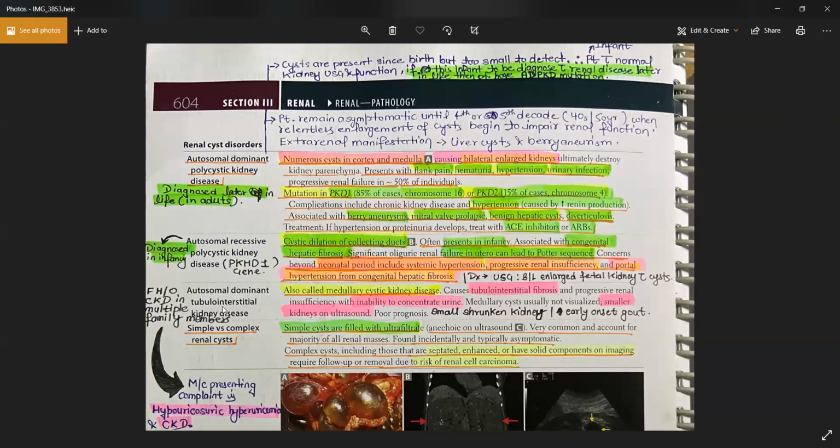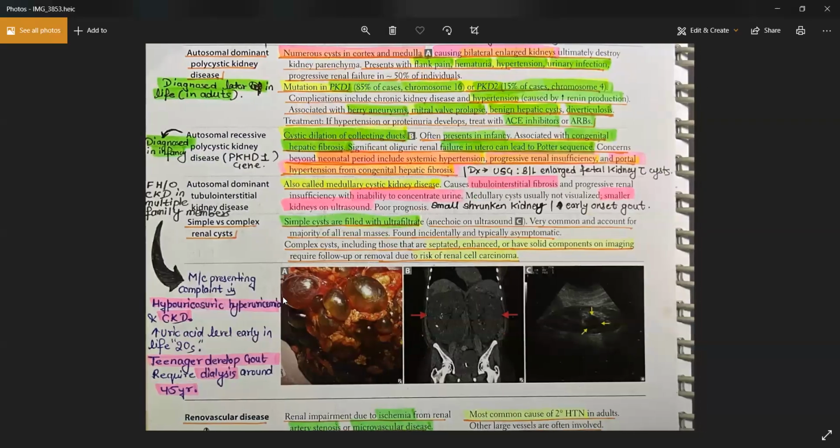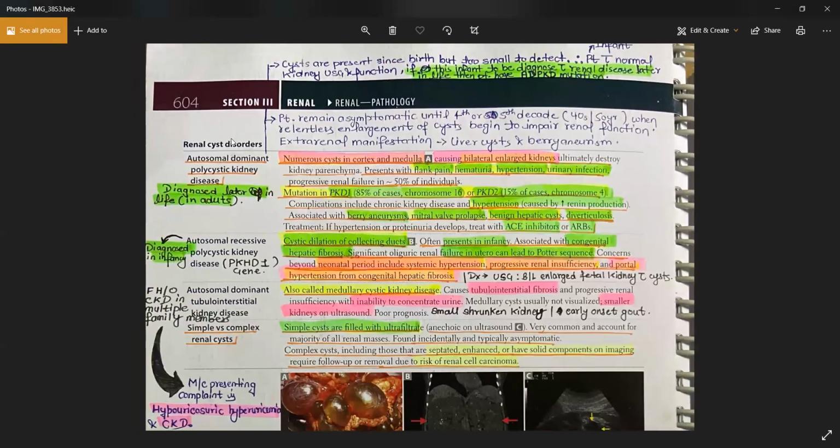Now these cysts are nothing but normal tissue. This normal tissue becomes cystic and, as a result, is filled with some kind of fluid. The cysts occupy the normal renal parenchyma, the place where your nephrons should be, performing normal functions. Instead of these nephrons, the cysts are present there, and because they occupy the normal renal parenchyma, they interfere with normal kidney function, and as a result you will have renal failure.